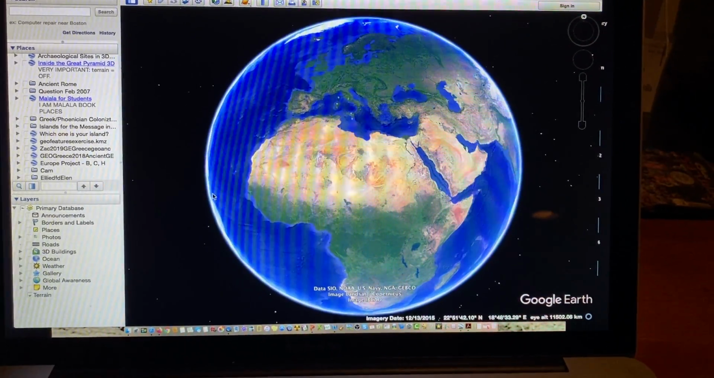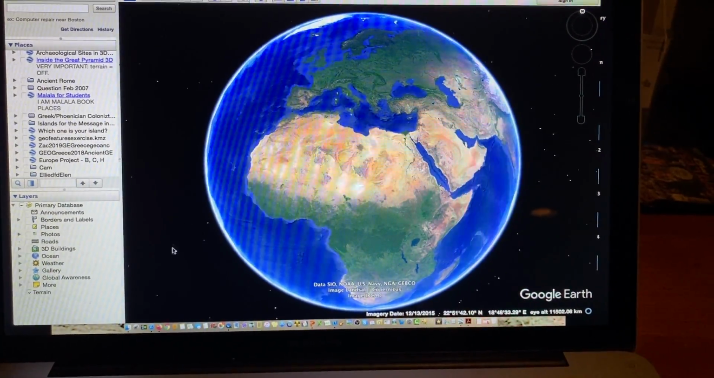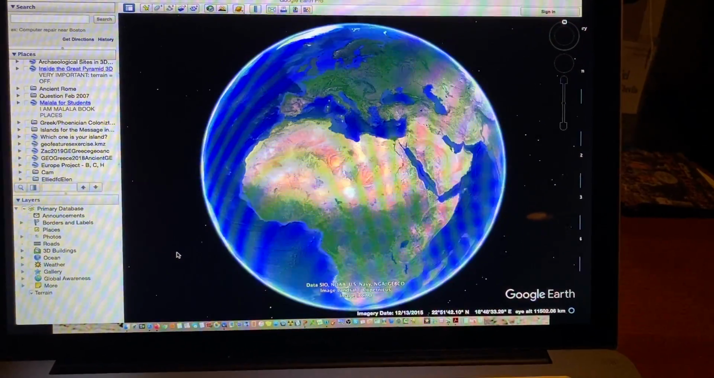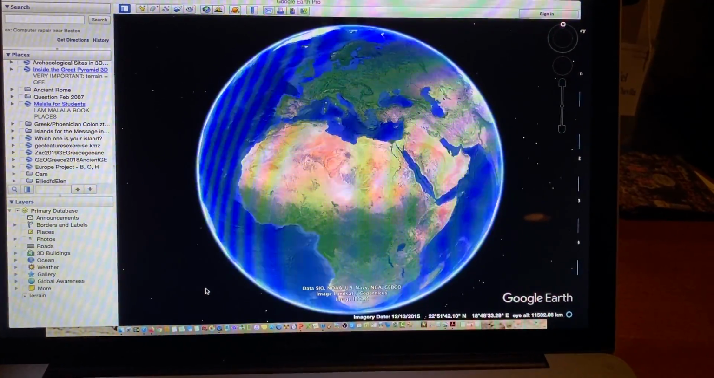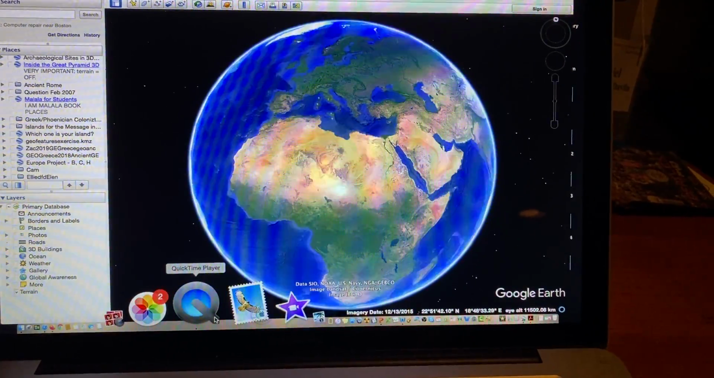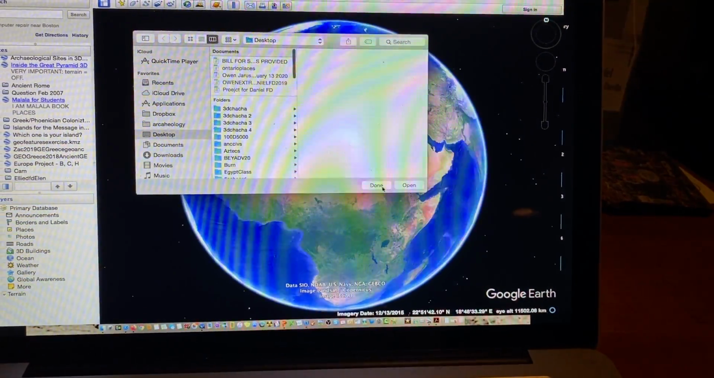Tutorial number 1, open QuickTime to record. I have to do it on my phone because I cannot record on record. So you go to QuickTime. Once you find QuickTime,